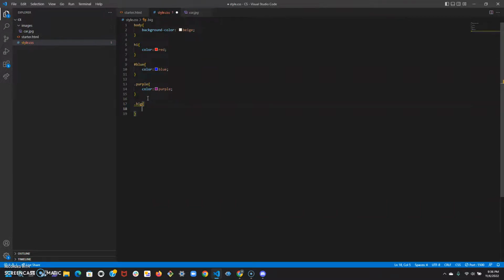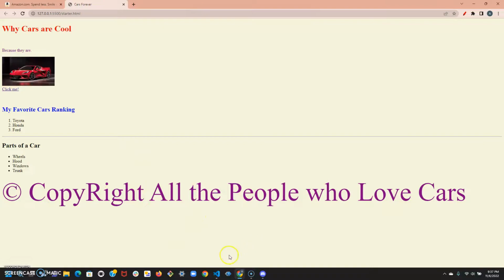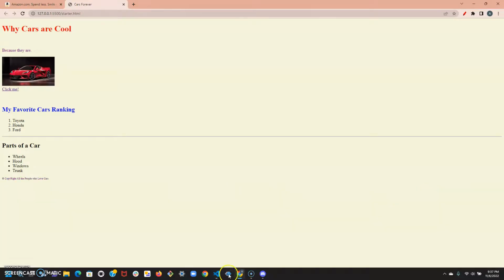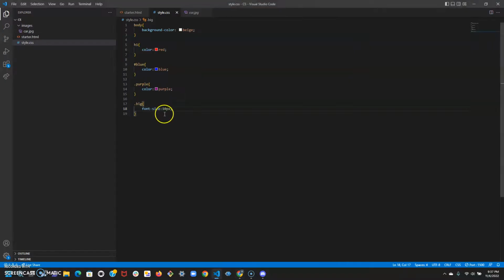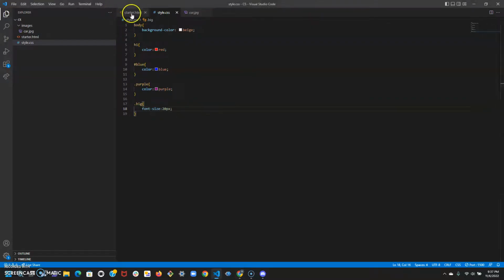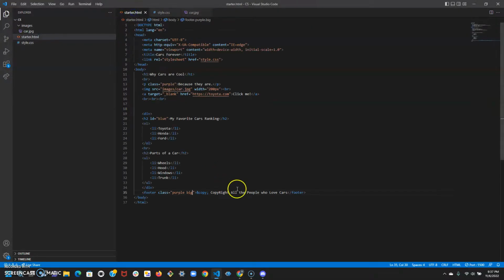And how do we do that? Font, and then dash size, and then let's say 100 pixels, denoted by px, and then semicolon. Save it, and wow, that's much bigger now. I'm gonna put it to 10 pixels to balance it out. Wow, that's a little too small. 20 pixels. Coding requires a lot of testing to find the perfect result, but just note that you cannot have